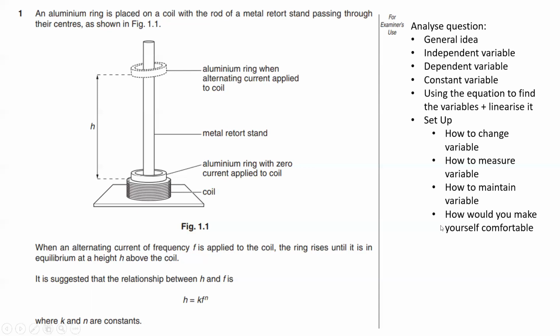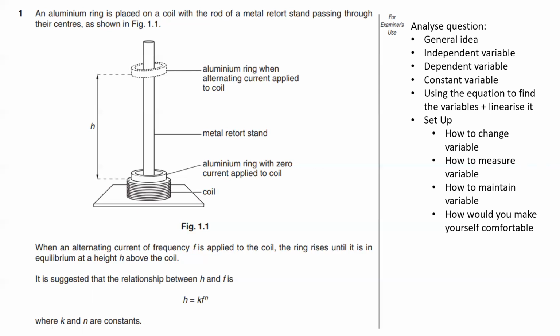So a few questions to ask yourself while you look at the question, while you look at the setup, while you read all the data: how do you change a variable? This is in accordance with apparatus. How do you measure the variables? Usually, again, apparatus. For example, if you have to change the length, you might need to use a meter rule to measure the length. You might use vernier calipers to measure the length. You might use a top pan balance to measure out a certain amount of water, for example,